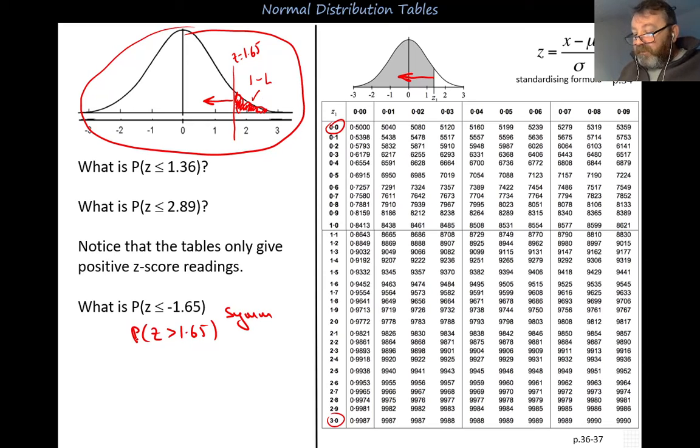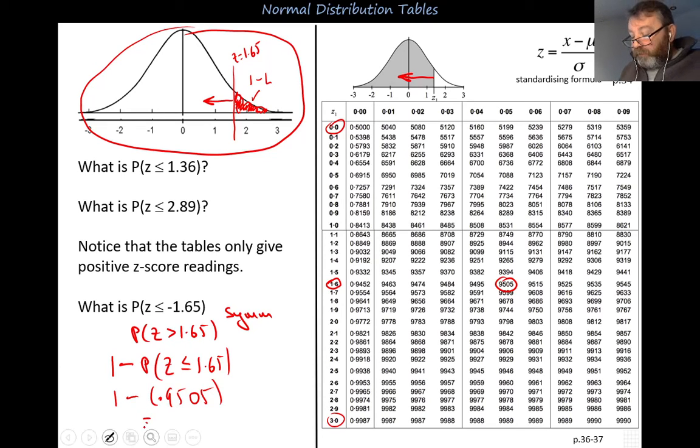Meaning that if the P of Z greater than 1.65 is that red region there, then the way to find it is to start with the whole curve and take away from that the probability of what is less than 1.65. So in other words, you're starting off here at 1 and you are removing everything to the left of 1.65. Now I can go to the tables. 1.6 is there. 1.65 is here. So that gives me 1 minus